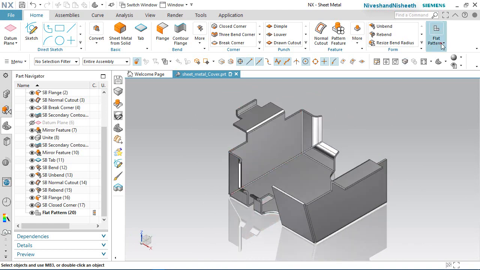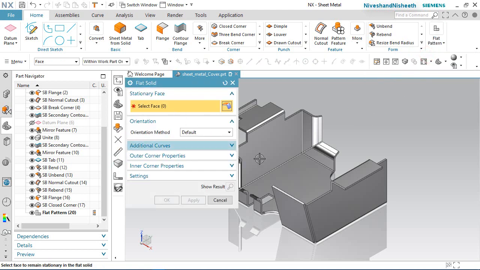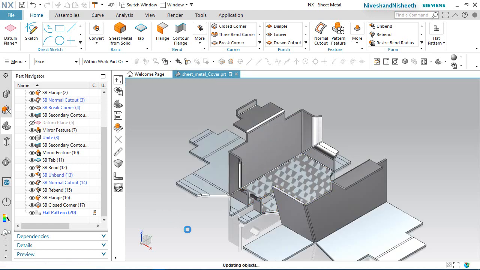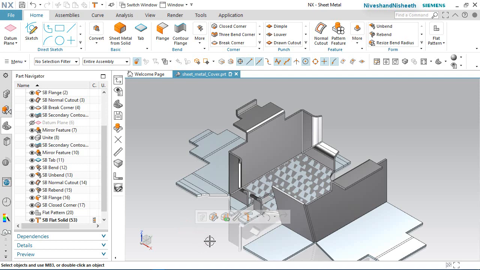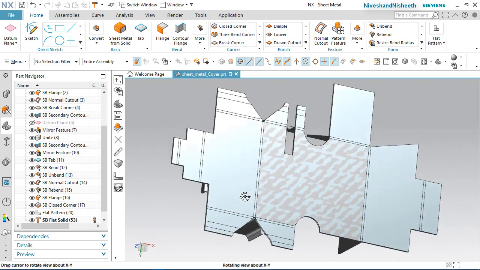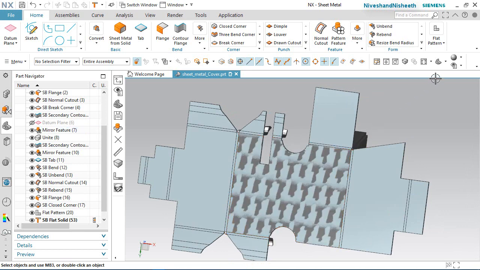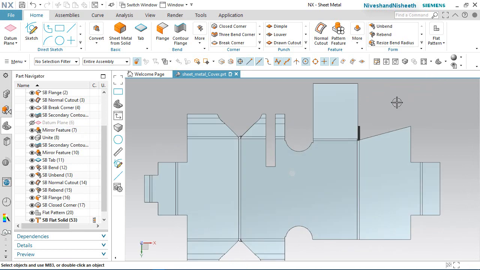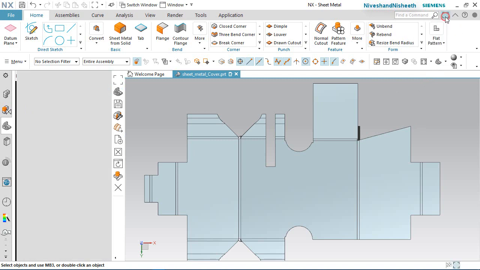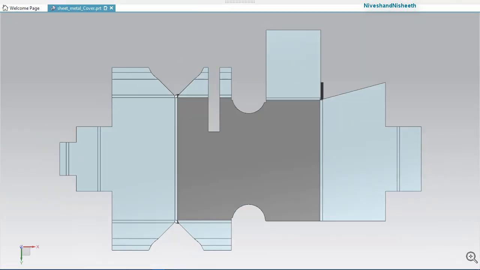Activate the flat solid button. Select this face. OK. Now you can see here the solid view of the flat pattern of the sheet.